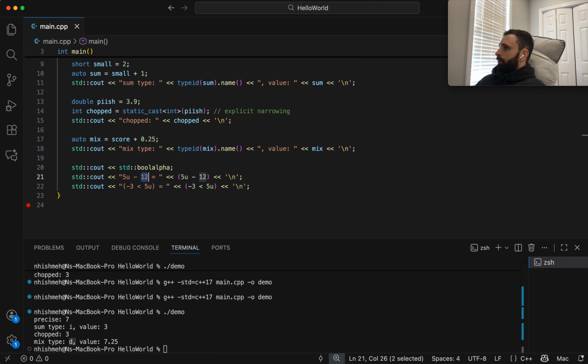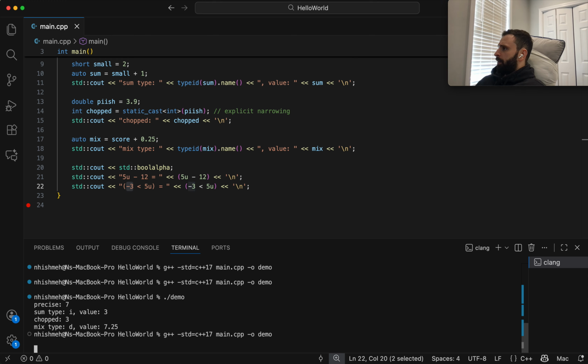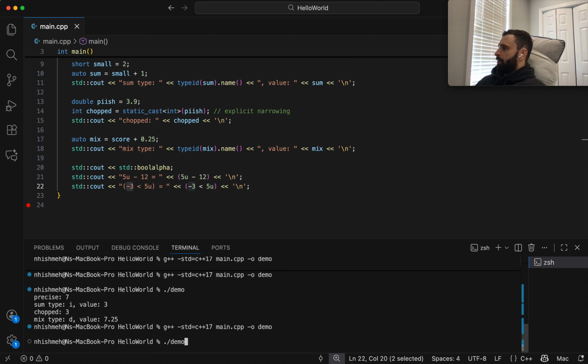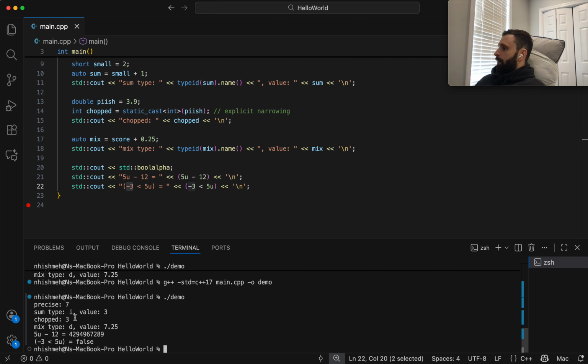Okay, so in unsigned math, you can't represent negative values, so it wraps around. And -3. Let's actually just run it to see what we get. You can guess right now. This is a good time to guess what you're going to get. Okay, so for 5 unsigned minus 12, we get this huge number. Why? Because it's actually like -7, but there's no such thing as -7 in unsigned. So it goes to the max value and then subtracts 7 from that. So this is just the max value minus 7.